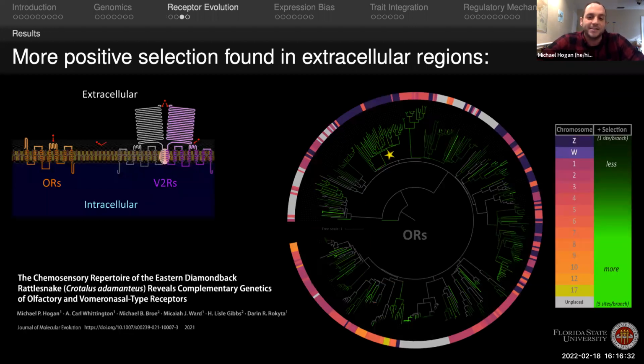For my dN/dS analysis across all olfactory receptors, and again for the V2Rs in the Eastern Diamondback, I discovered significantly more positive selection in the extracellular regions of each type of receptor. These regions are most likely the scent binding areas of these receptors. This strongly suggests that the huge gene diversity we are seeing is in fact tied to the perception of diverse